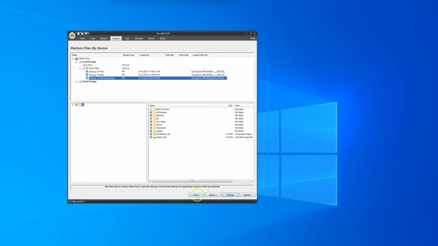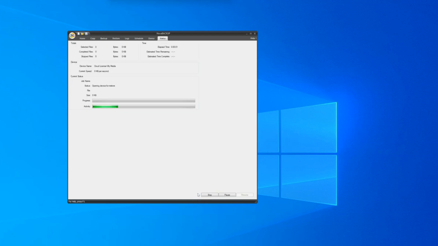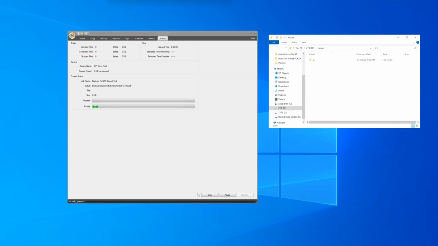What it's going to do is, once I click the mount button, it's going to go out to that location, see the storage, find that particular backup, and then if you have a bunch of different backups that have been incremental from it, it's going to also show all the data from those other backups in here, but it's going to show you at that point in time.